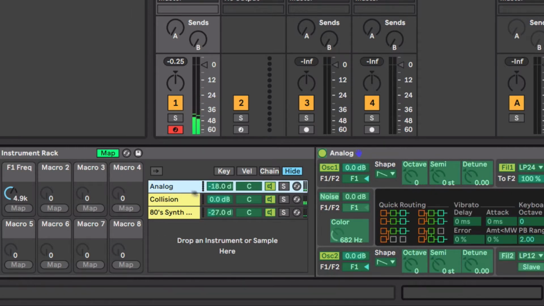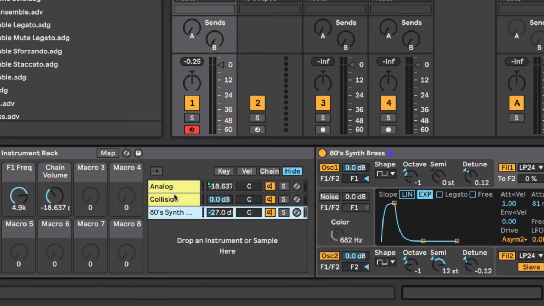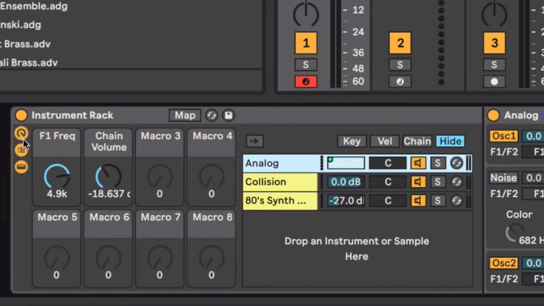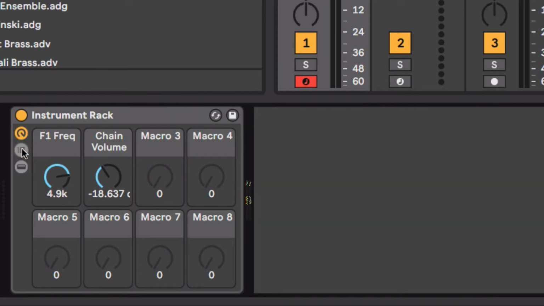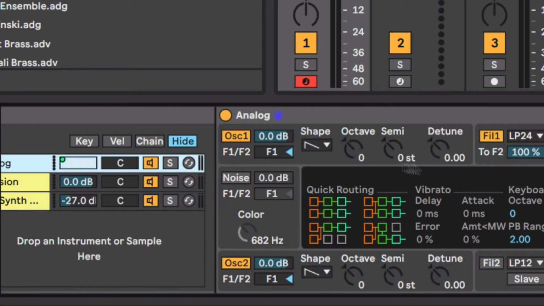Now maybe I want to change just the loudness of this. Maybe I don't want to see the list of all the instruments I have sitting here. So I just hit this show/hide chain list. This shows the devices, the actual things on there. So here's my analog,